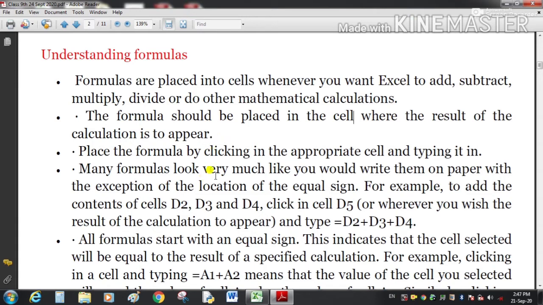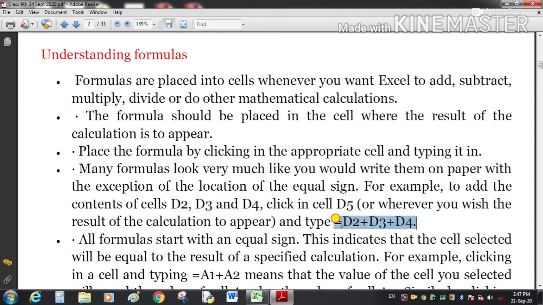Many formulas look very much like we write them on paper, with the exception of the location of the equal sign. For example, if we want to add the contents of the cells D2, D3 and D4, and we want the result in cell D5, then in cell D5 we will write =D2+D3+D4.